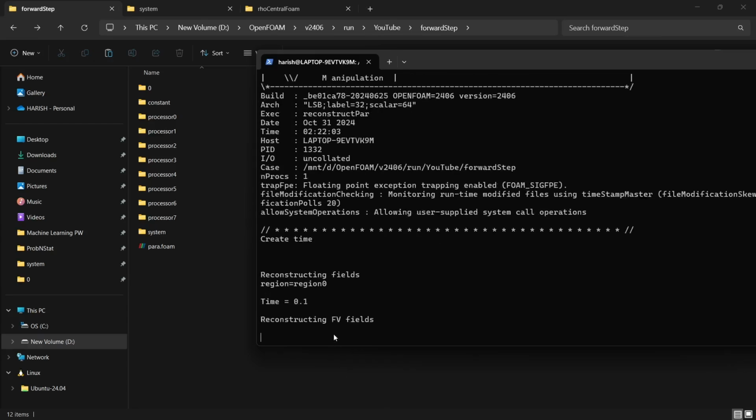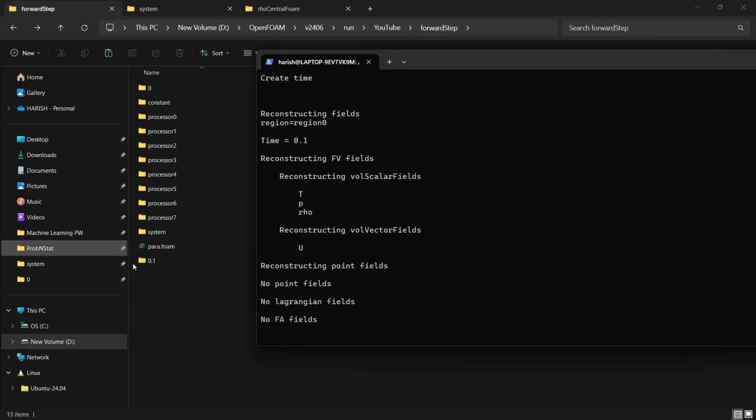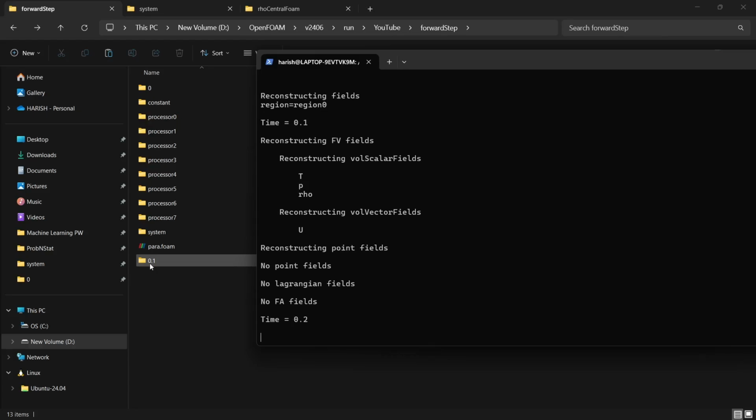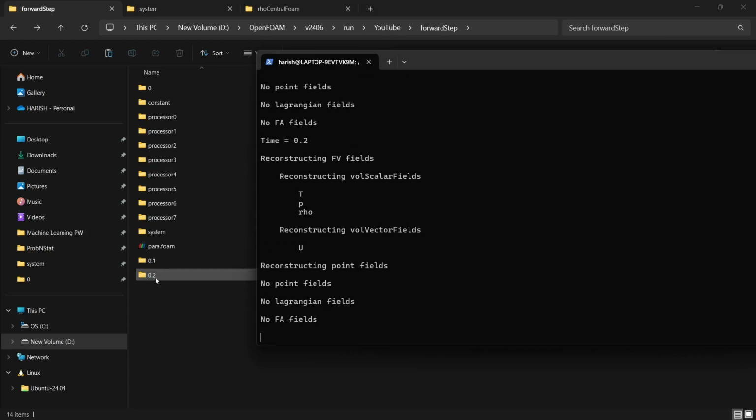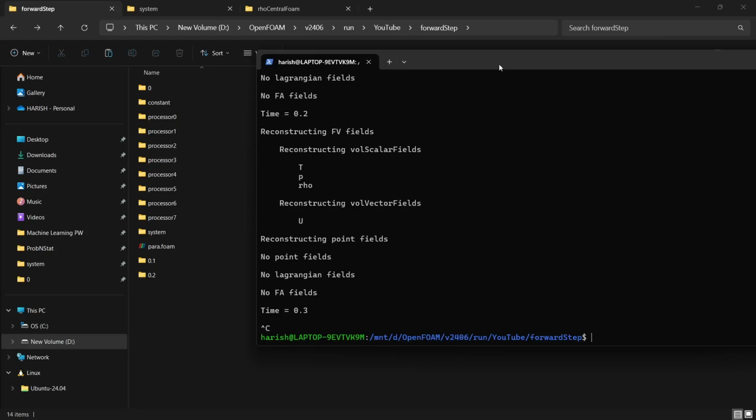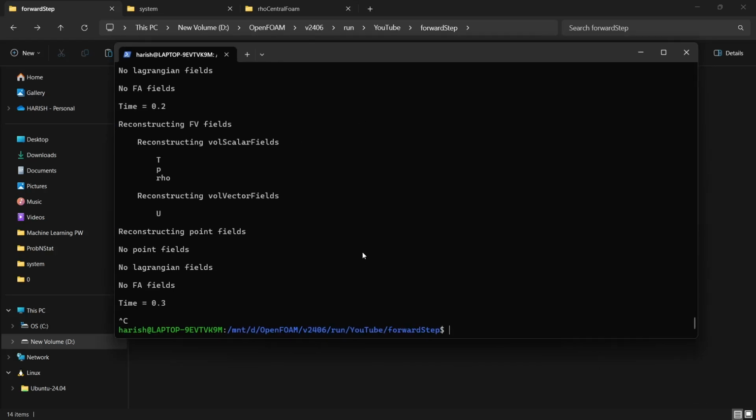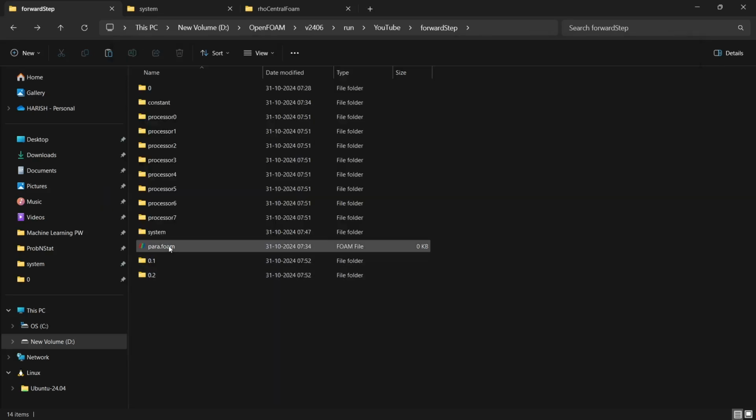Like the first time step is 0.1. You can see it reconstructs and it gives 0.1. And similarly, it will do for the next time step. Let's wait till it is doing. As you can see, it is doing like this, but it will do that for 0.1 till 4. Okay, so that's going to take a pretty long time. So I'll stop it right here and I'll tell you another method which you could use to post process without reconstructing. So just open the para.foam file, the ParaView file,